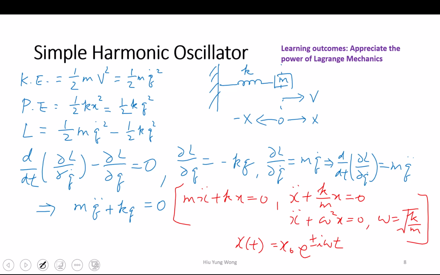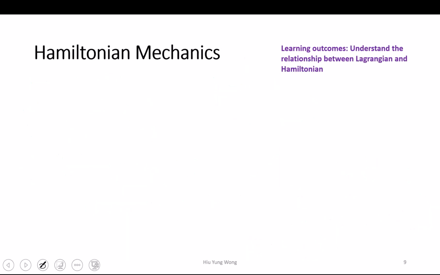So now you can do that, because you can find the kinetic energy of the electron, the potential energy, and then you go through this, so for any system. But this is not great enough. We have something called Hamiltonian mechanics. And why